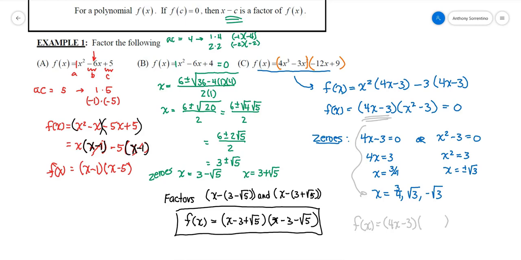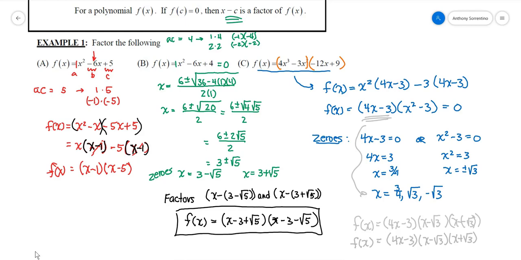The other two factors I can write, though, are going to be x minus square root 3, just putting an x minus in front of that, and x minus a negative square root 3, which of course is going to become a plus square root 3 if I simplify it further. And if I would take the time to go through and use the distributive property on this, I would get